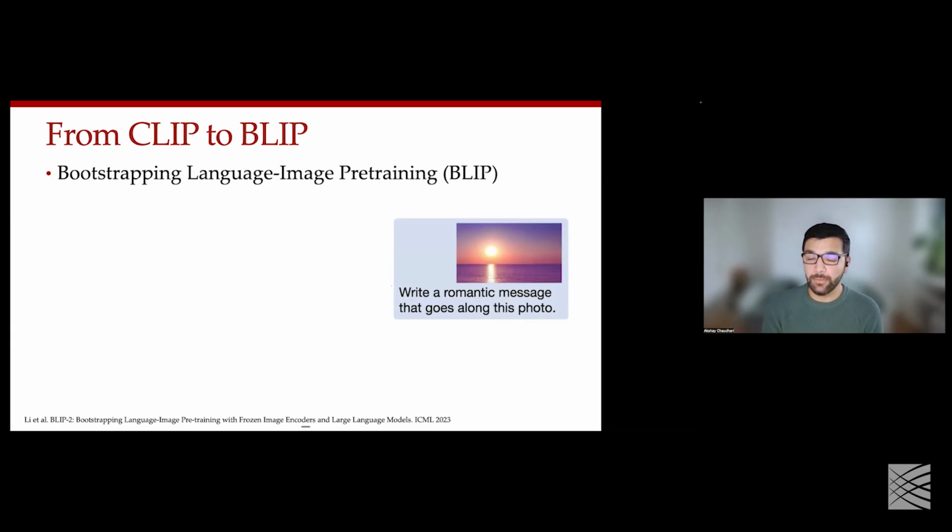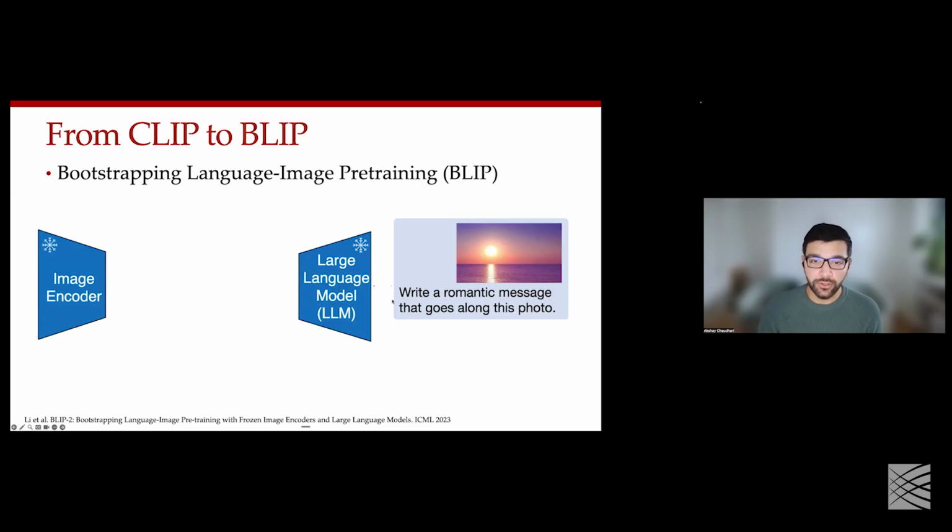This is a pretty common setting when we're trying to build a multimodal model where you can have a particular prompt, let's say, write a romantic message that goes along with this photo. That is an instruction that you're giving the model, and then you have some multimodal input, in this case a particular image. Then you want to use some baseline image encoder that you might have. This could be a vision only encoder, or a vision language pretrained encoder like CLIP, and you want to reuse some large language model that your group or your company has trained already. And you ideally want to keep this frozen so that you don't have to relearn any language capabilities.